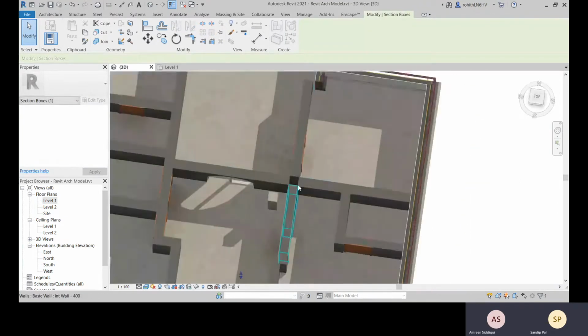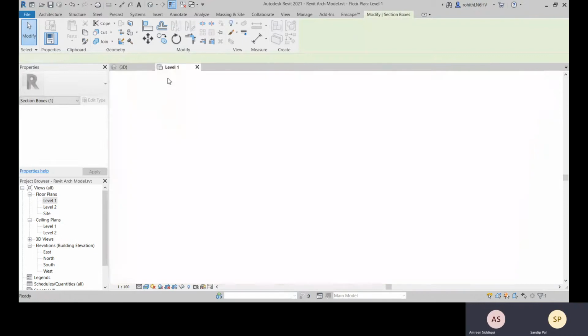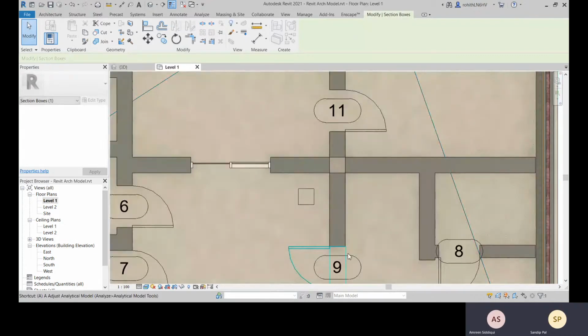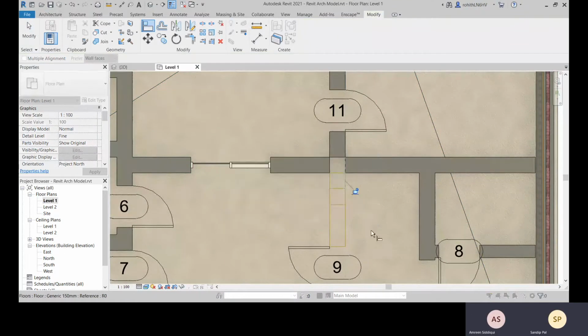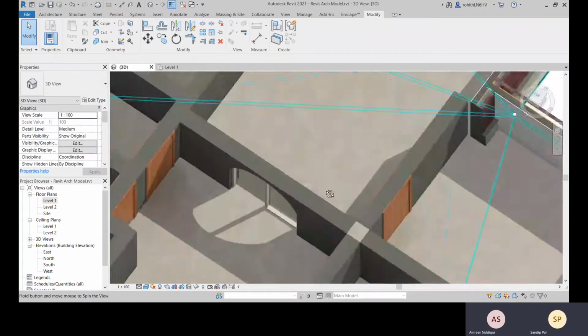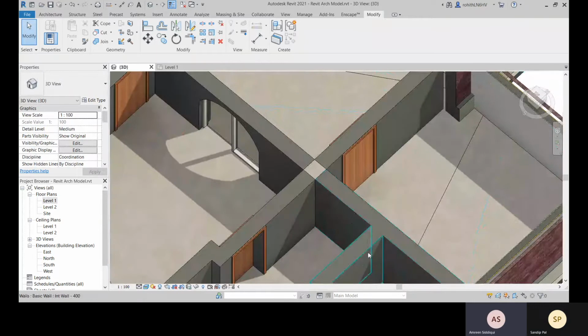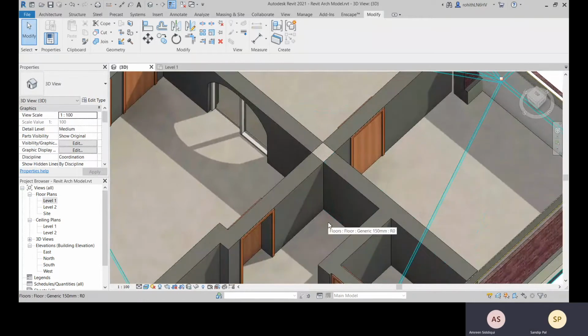Okay, so we don't have this. Now we will place it. Align, AL, align, select this and select this. Unjoin elements and this surface. Now it's placed over there.